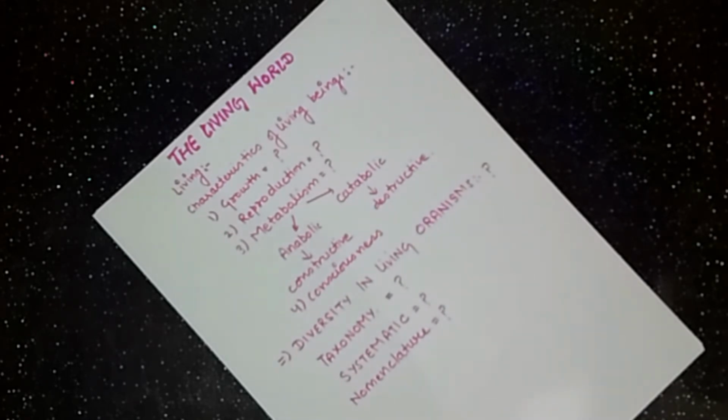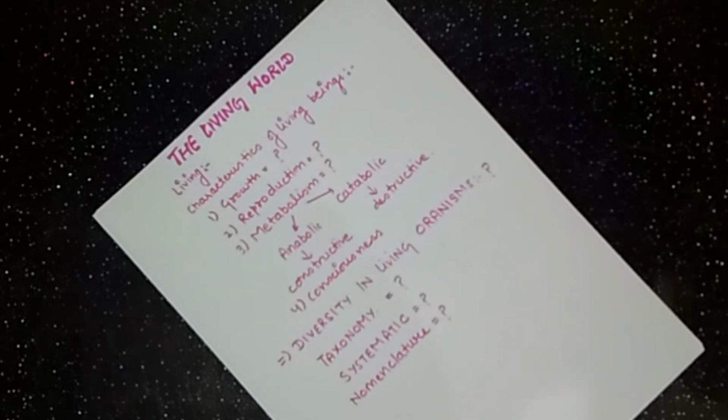What is taxonomy? In taxonomy, there is some order which is very important for the NEET exam. First is characterization, identification, nomenclature, and at last we can do classification of animals. What is systematics? It's given by Carolus Linnaeus. Taxonomy plus phylogeny is equal to systematics. Phylogeny is evolutionary relationship.